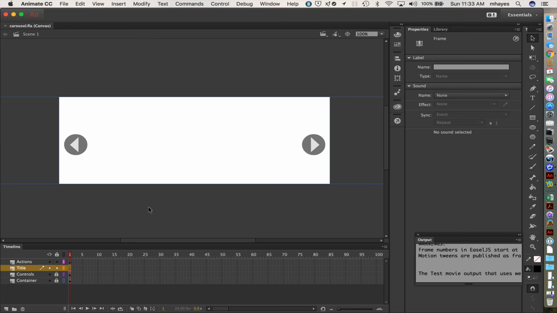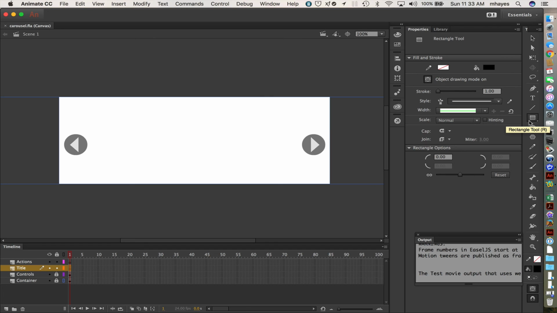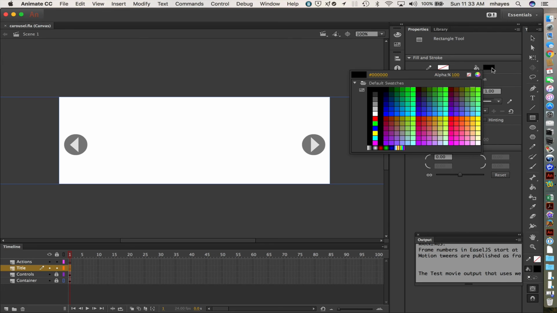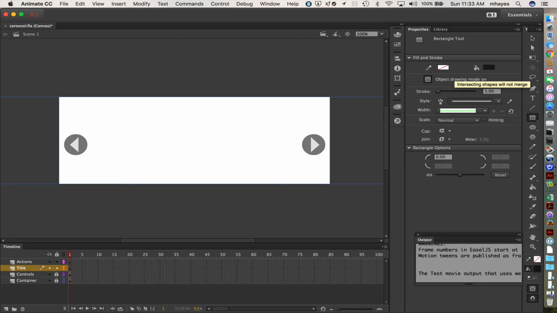Okay, on my title layer, we're getting closer, by the way, so a lot of building here. On my title layer, I want to put a rectangle up at the top to put my titles in. So I'm going to go back over, get my rectangle tool again. Still in drawing mode, still no stroke, that's great. My fill is 100% black. I think I want to go like 80% black. Let's try that. Okay, so 80% black, and I'm going to come up here and draw a rectangle at the